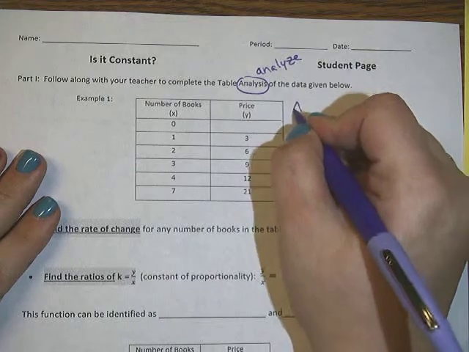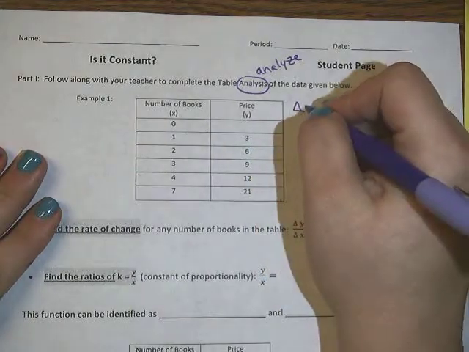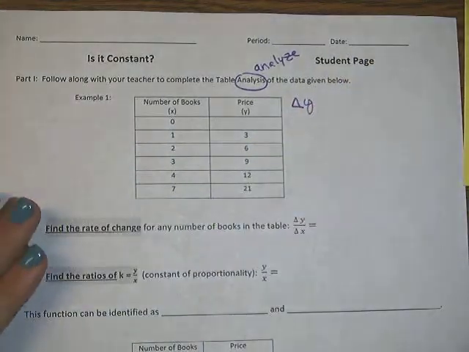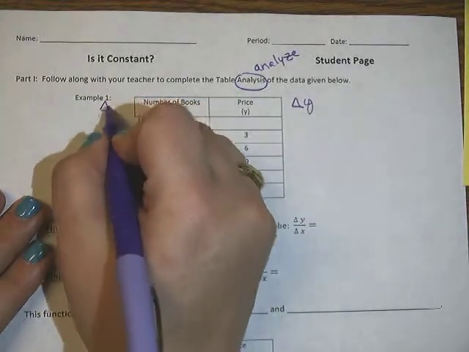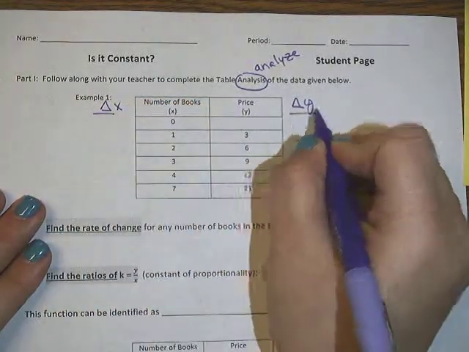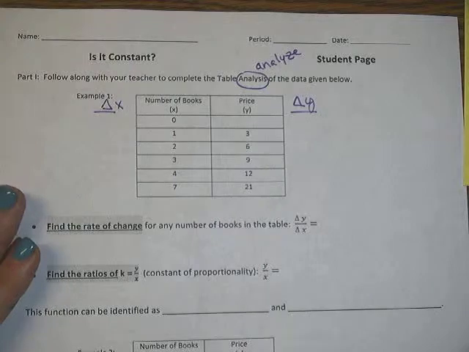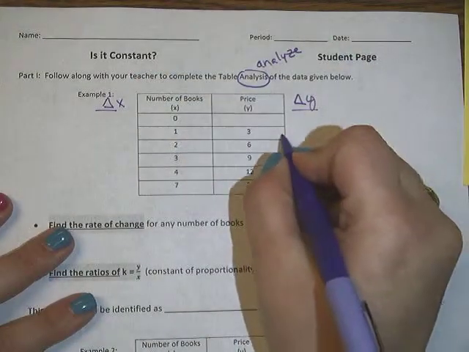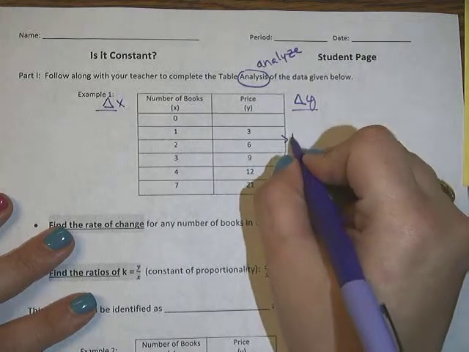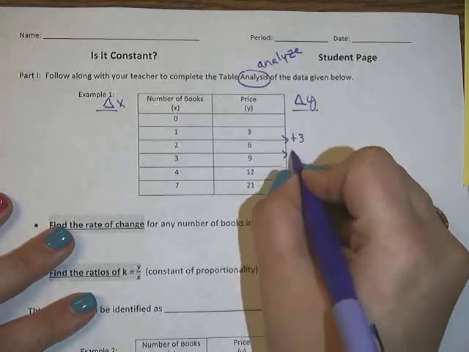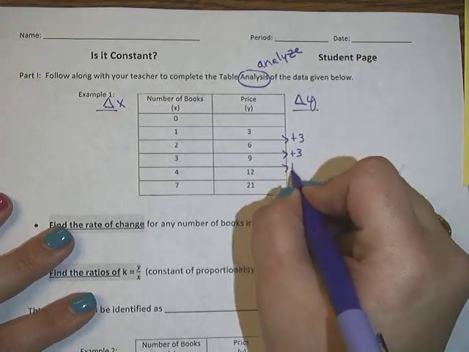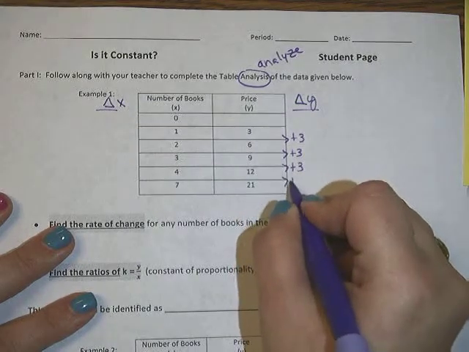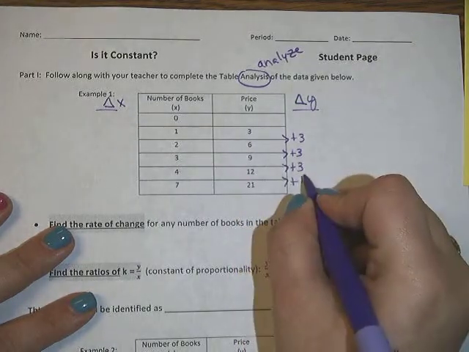So over here, put the little delta sign, the triangle, and put y. Over here on the outside, put the delta sign and the x. So we're going to first find the delta, or the change, in y. So how is y changing? Plus 3, plus 3, plus 3, plus,